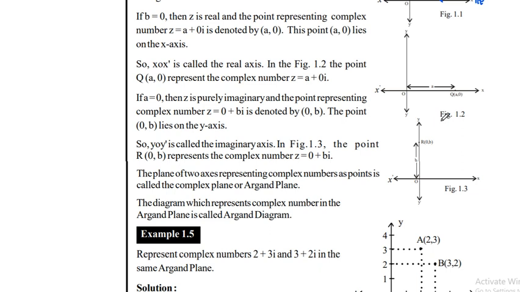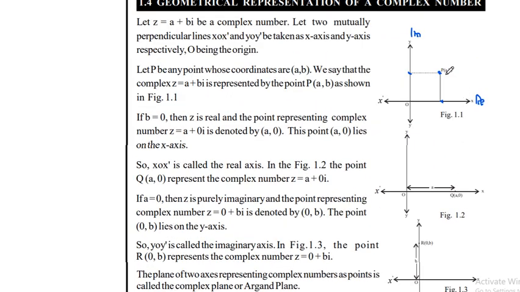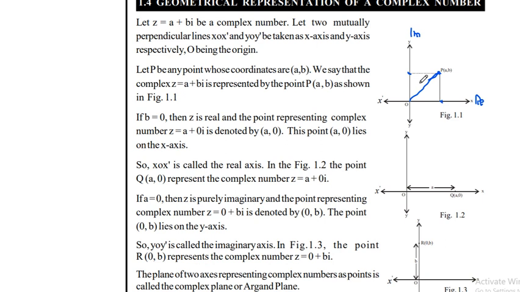Okay, so sometimes we derive a complex number by these points A, B, or sometimes by the vector as well. Some authors say that this vector is a complex number. Basically, this is a complex number as a vector from the origin to the point AB. This is the complex number A plus iota B.